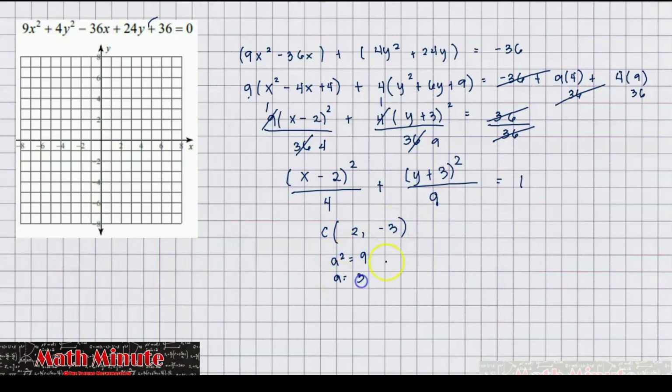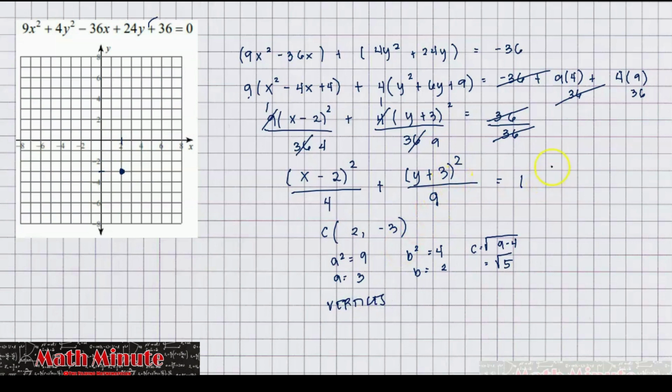A is equal to 3. B squared is 4. B is 2. C is equal to the square root of 9 minus 4, or simply square root of 5. So the center here would be at positive 2, negative 3. So it's on this part. We already know a, b, and c. So for the vertices,